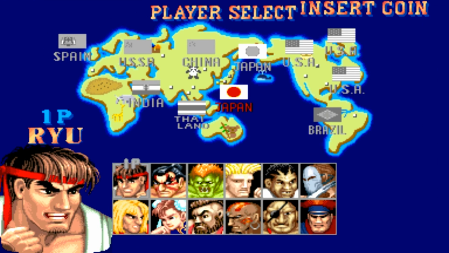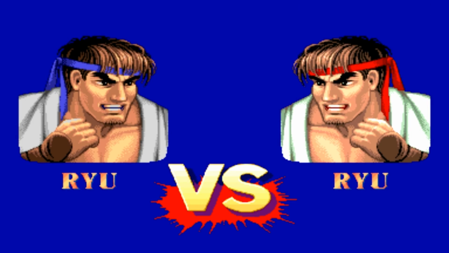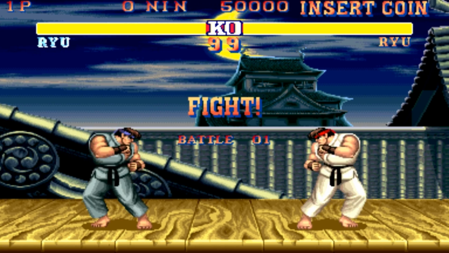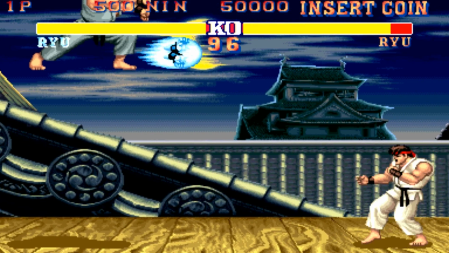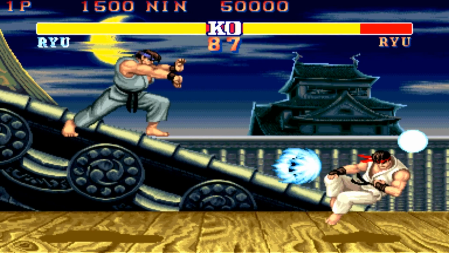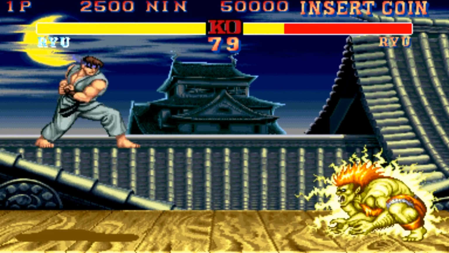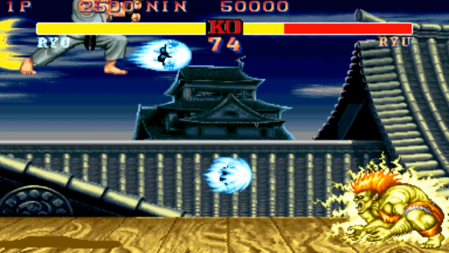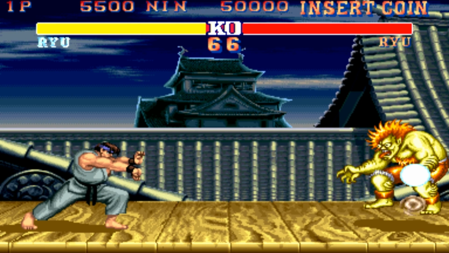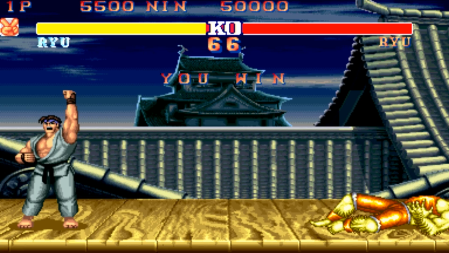Ryu then. First thing you'll notice, it's ridiculously fast. Second thing you'll notice, this whole fireball thing is unfathomably broken. Oh, see, and that's the other thing. As much as we'll be playing with Ryu, I'll probably have a look at a couple of other characters. Nice. And with the variable speed fireballs, if you can time it right like that, it's so easy to